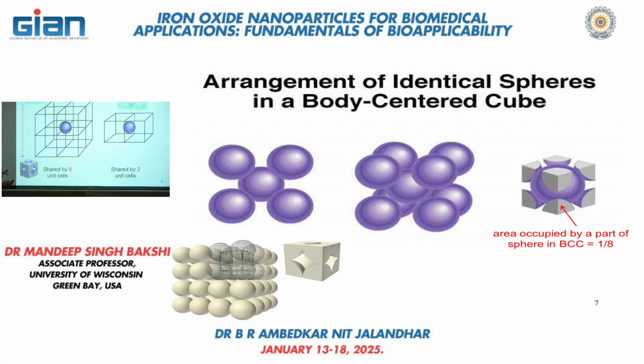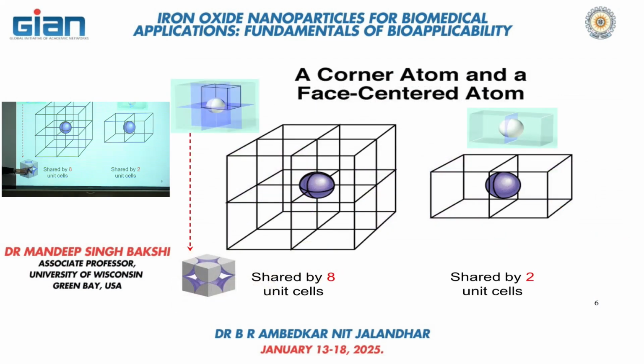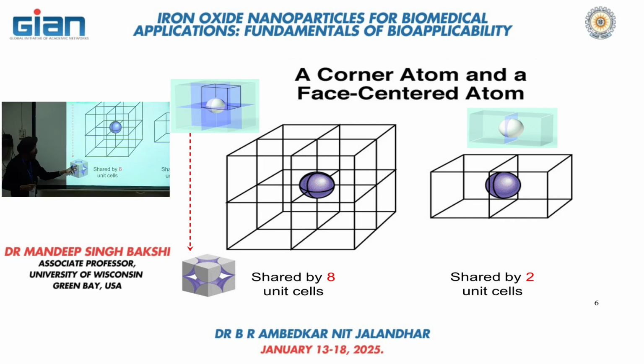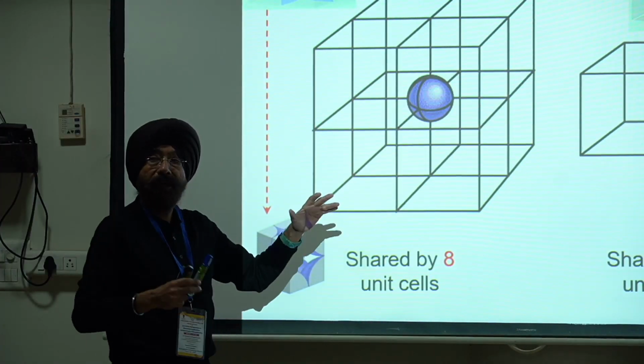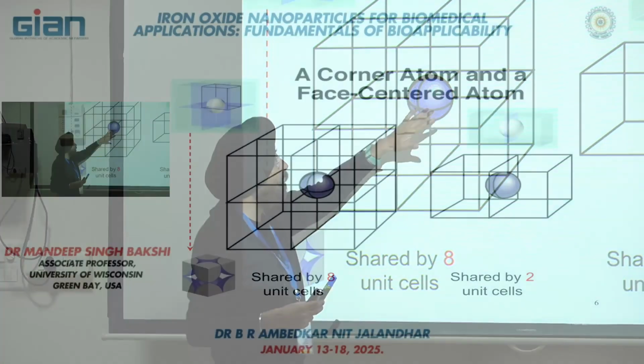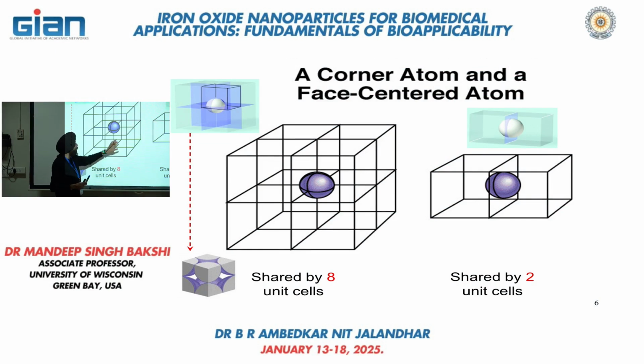Okay, now we need to quantify how much of the surface area of this one atom, because that is exactly the same in all the cases, is included in the unit cell. That we can calculate easily by putting the atom, all the layers of the atoms, in 3 dimensions. I have only shown one atom, but you could imagine there are atoms over here, here, above and below, and there are layers running above and below. So if I erase the layers and only show the frames, it means the atom that is